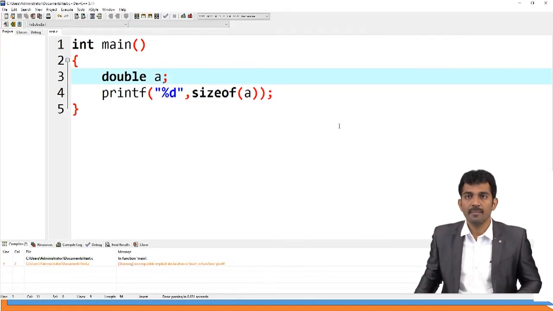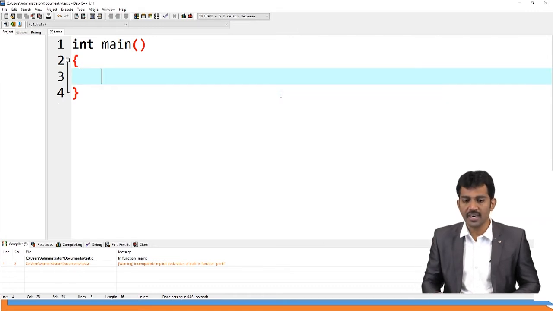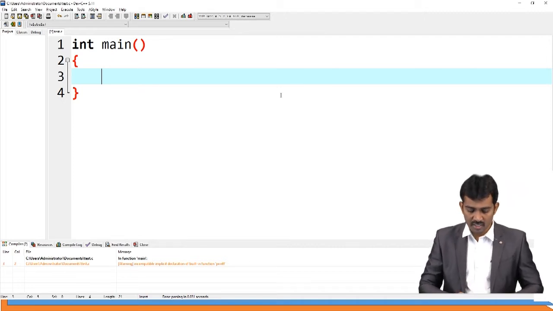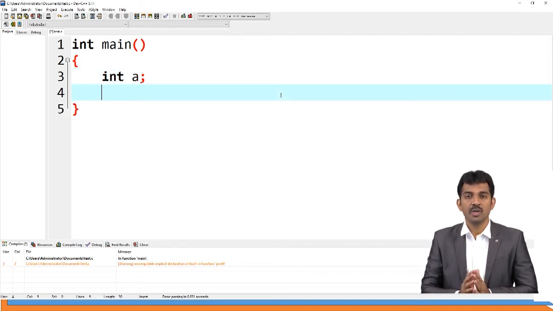Let us see a small example. This is a small program. My task is to read an integer and print the integer. A simple program to read and print integer data. If you want to write an integer program, first you should use the int data type, and you need to declare one variable. A is a variable. Remember, every statement ends with a semicolon. That is very, very important. Every statement in your program ends with a semicolon.